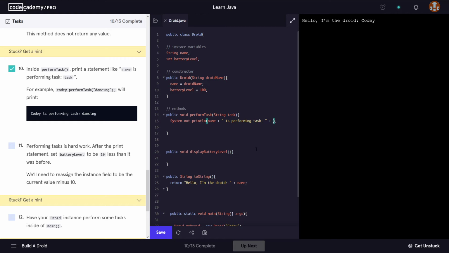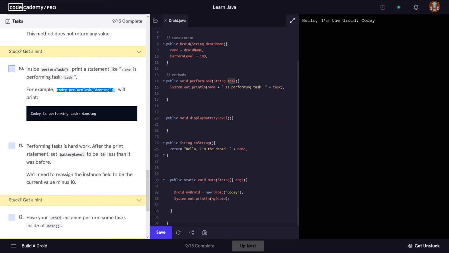Okay, task, so this should be this one. Okay, so the value of this one is gonna come from here, and the value of this one is going to come from whatever value we pass to that method. Okay, for example, if we are to say, all right, okay, I see. So the name of